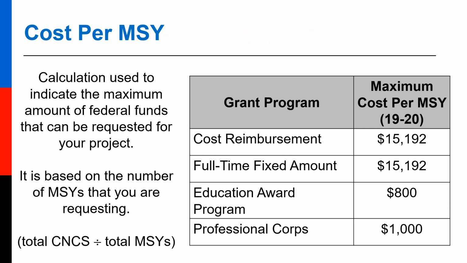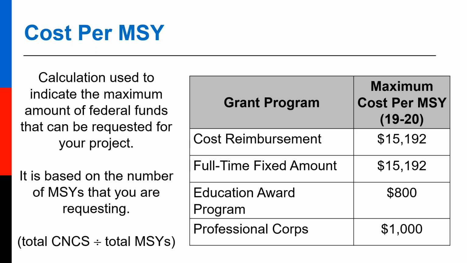So in your budget, regardless of what budget and program type, there is a maximum cost per MSY that you can request. The maximum cost per MSY is set each year in the Notice of Funding Opportunity, and this is a strict maximum, and if you submit a budget over the maximum, there is a chance you will not be considered for funding. It's also important to note it can be to your advantage to request a lower cost per MSY than the maximum, but also keep in mind that over time you are expected to request this lower cost per MSY. The maximum cost per MSY for each grant type are as follows, and it's important to note these are for the